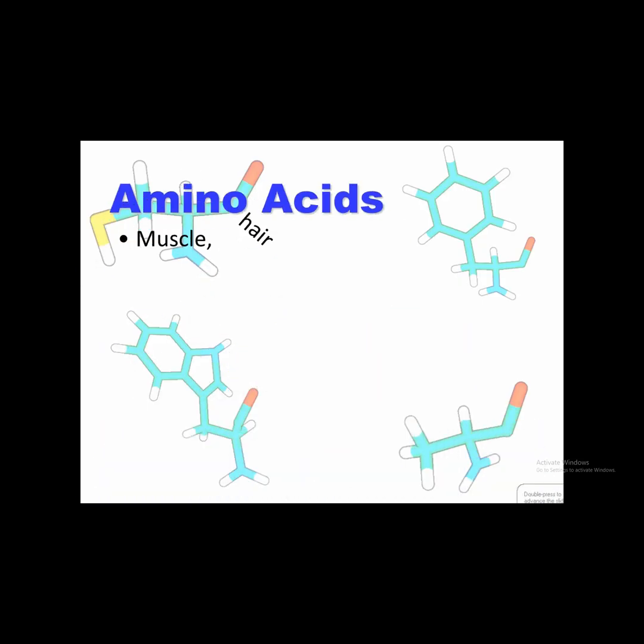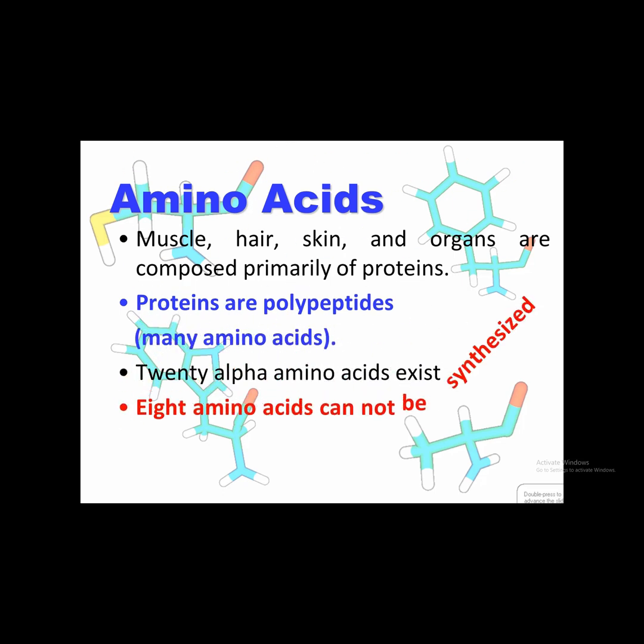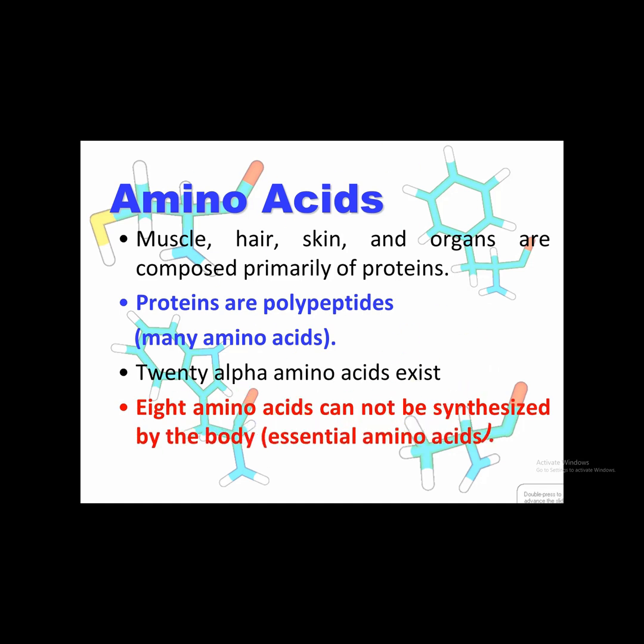This presentation is about amino acids and proteins, and amino acids are the building blocks of most of the parts in the cells of our body and our organs. There are 20 alpha amino acids, which are the building blocks of the proteins in living cells, and 8 of those amino acids are considered essential amino acids. So the cells of our body cannot synthesize those amino acids. Therefore, they have to be provided in our diet.